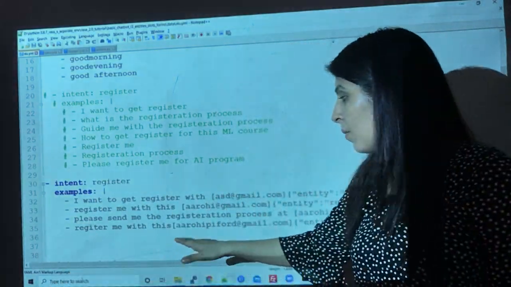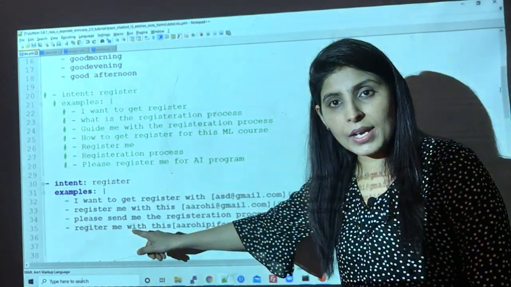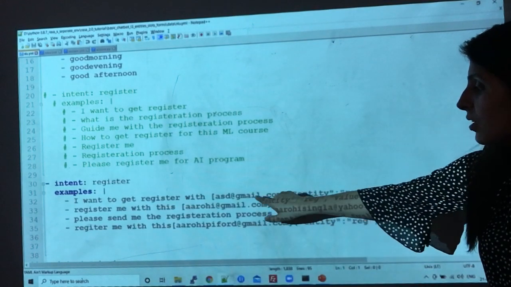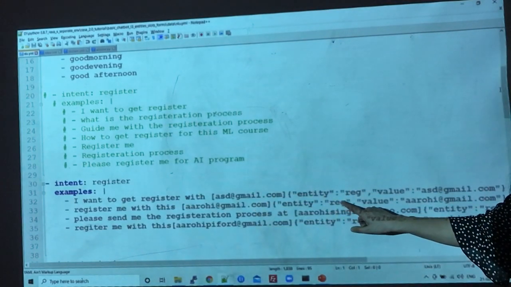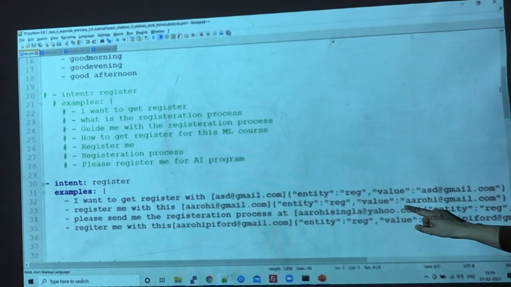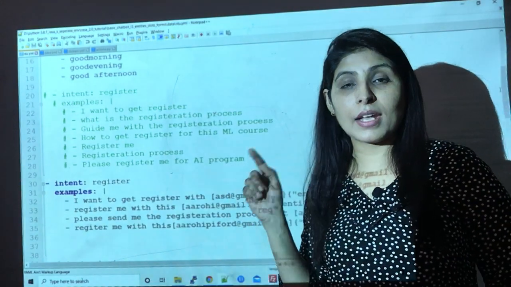Okay, so this is my entity. I'm writing it in square brackets, and then with this you need to define that this particular content belongs to this particular entity and the value is this. This value should be the same, and this is case sensitive.